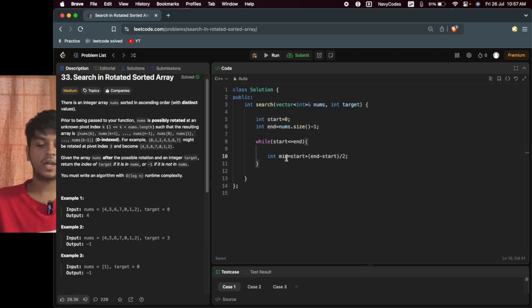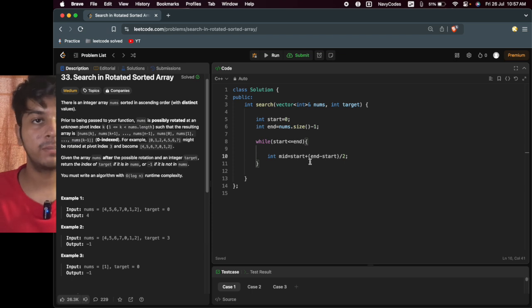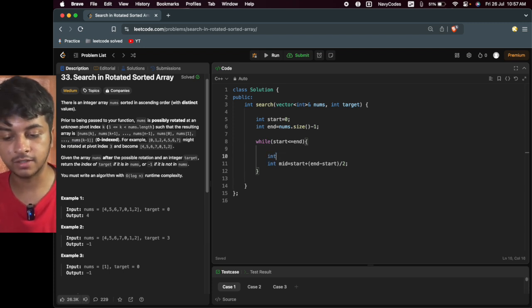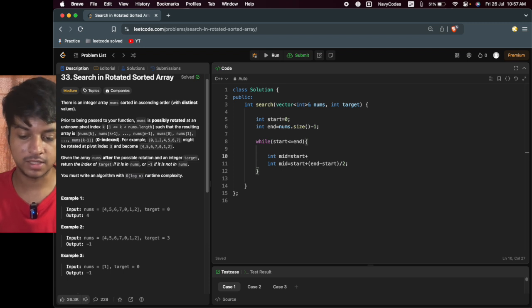Now why did I do mid is equal to start plus end minus start by 2, this weird one, and why didn't I do the normal one which we do, which is nothing but start plus end